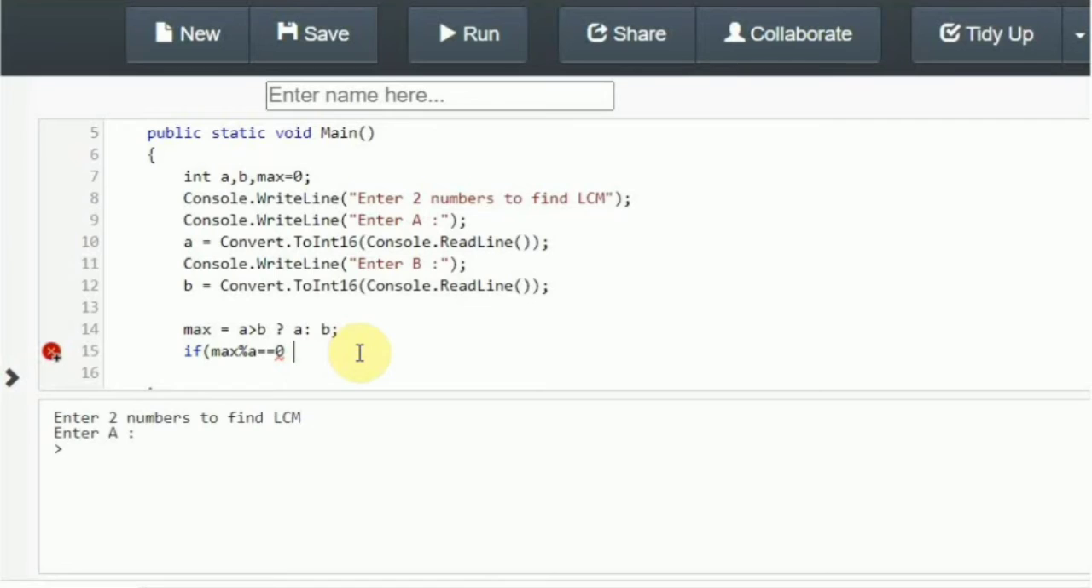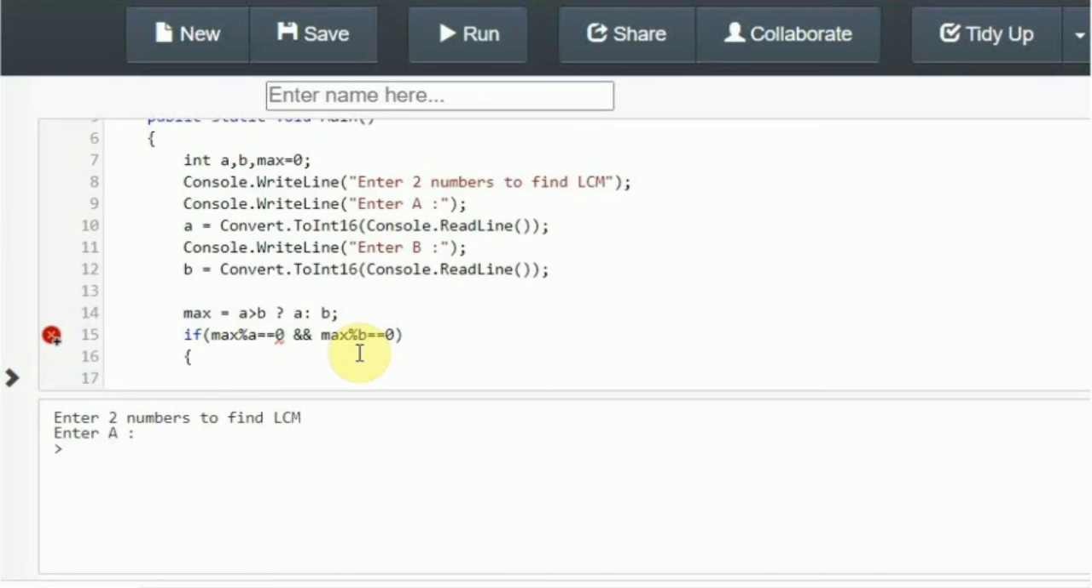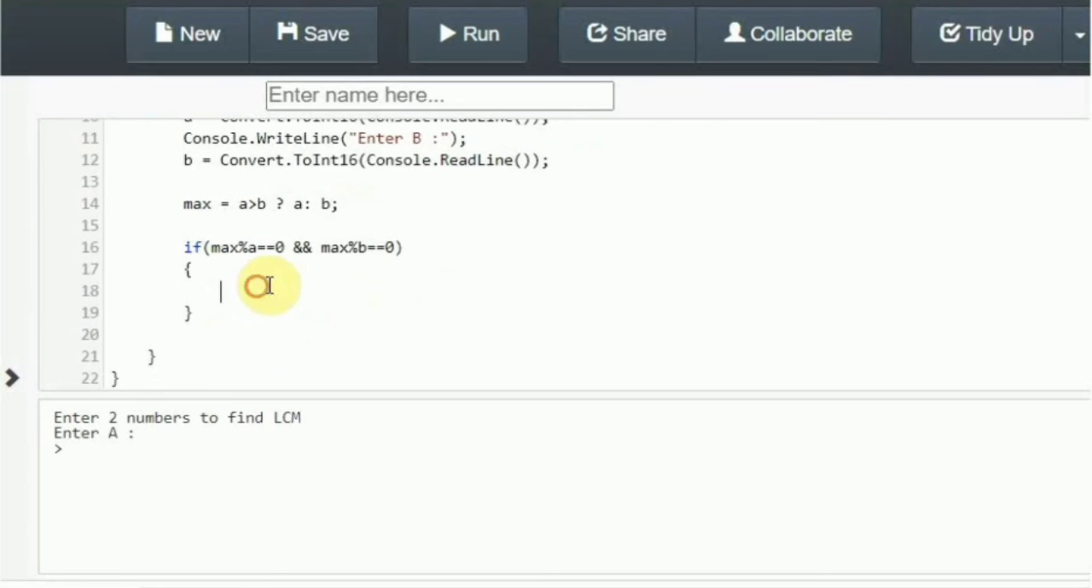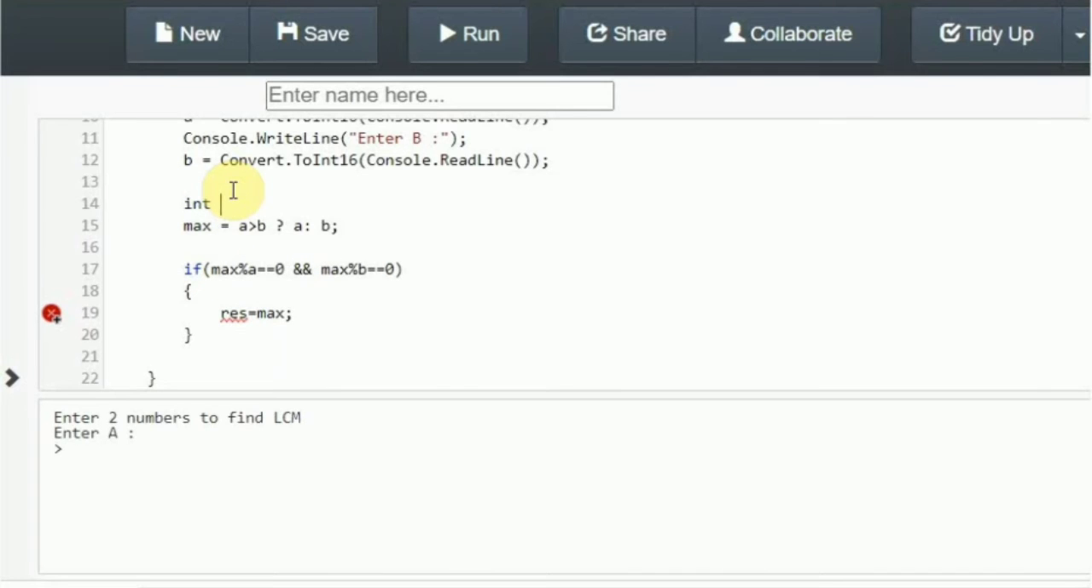and max % B equals 0, and if it is so, then we can take the result as max. And we can declare the result here as int result = 0,